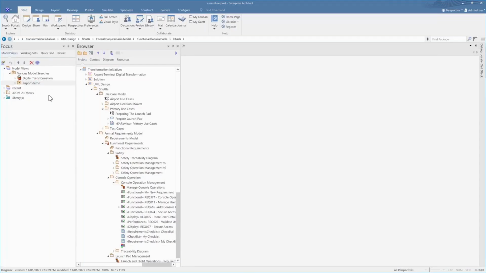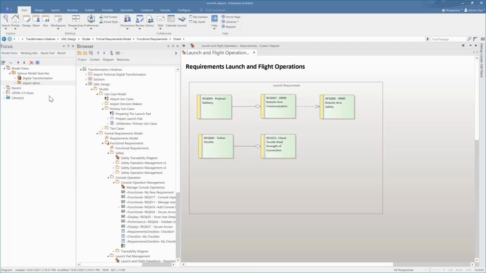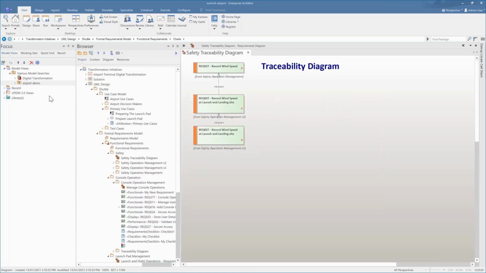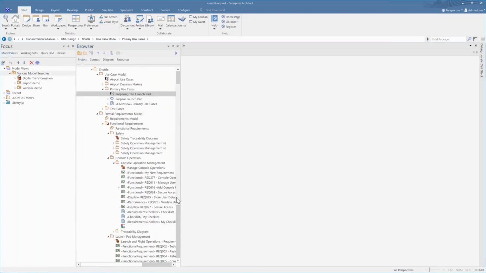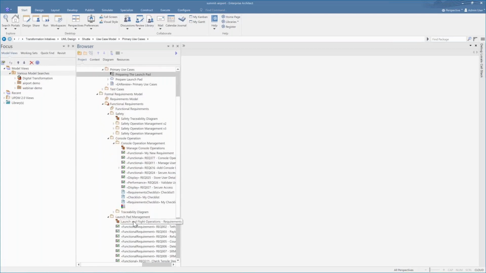Now, the next thing I want to have a look at is something that not many people know about, but it's a slideshow. So you can see a slideshow is happening where it's showing multiple diagrams on screen. They're only appearing on screen for 3 seconds, but that's just because it's for demonstration purposes, but you can amend that. So I'm going to create a new slideshow called Webinar Demo. And all you need to do is you grab the diagrams that you want to showcase and you simply drag and drop them into this